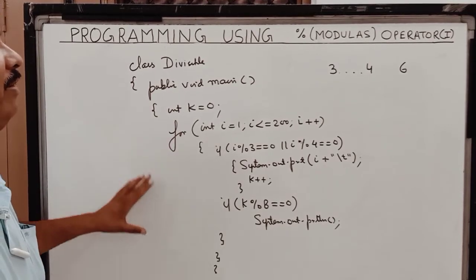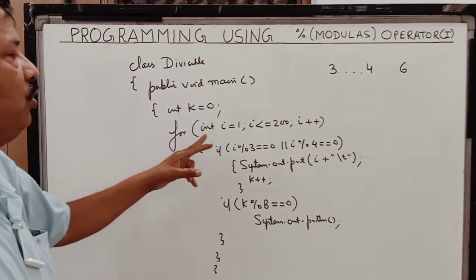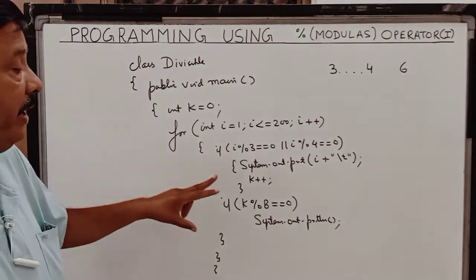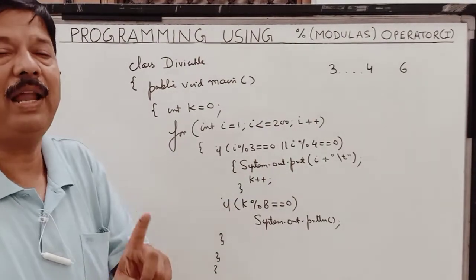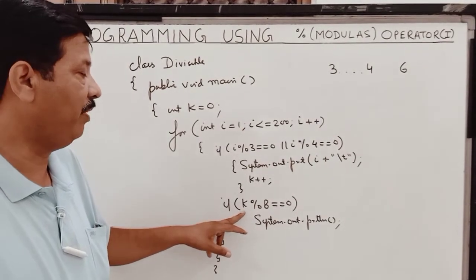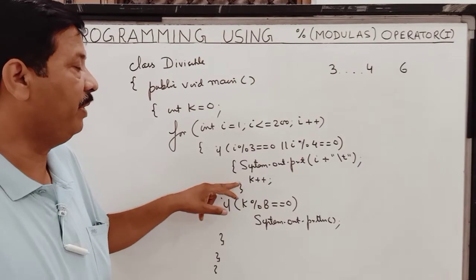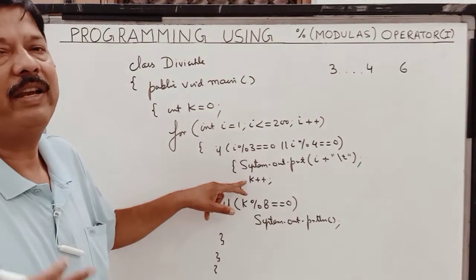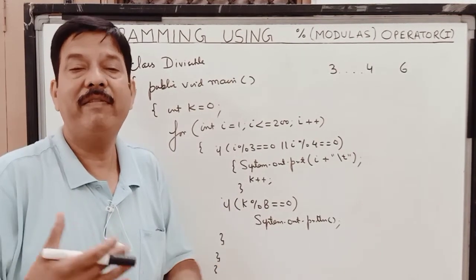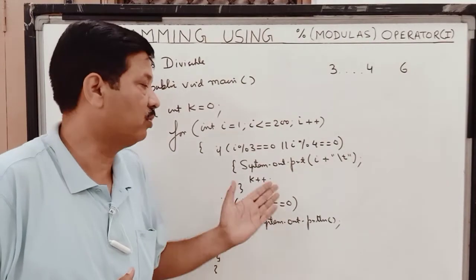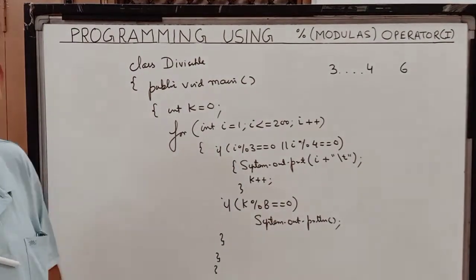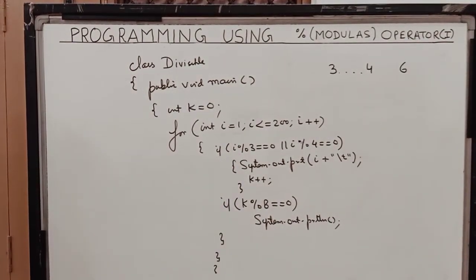So here what we have done, we have printed all the numbers from 1 to 200 which are divisible by 3 or by 4, and we have printed 8 numbers per line. In one line we are printing 8 numbers. This we are controlling with the help of this k, where after printing each number I am adding 1 to k, and when k becomes 8, we go to the next line. When k becomes 16, we go to the next line. Again when it becomes 24, we'll go to the next line, and so on. This control will keep on going to the next line. I hope children this program is clear. Please note down this program, children.